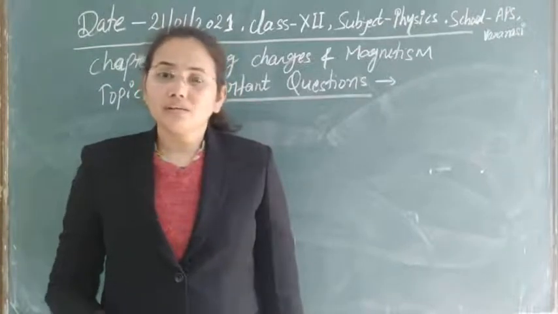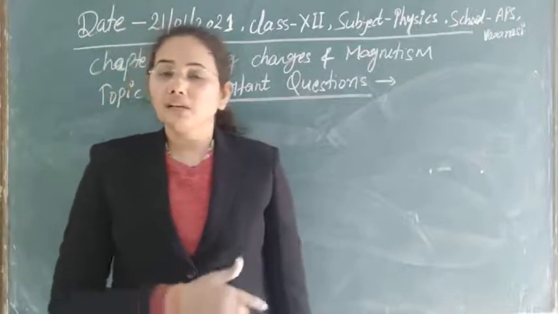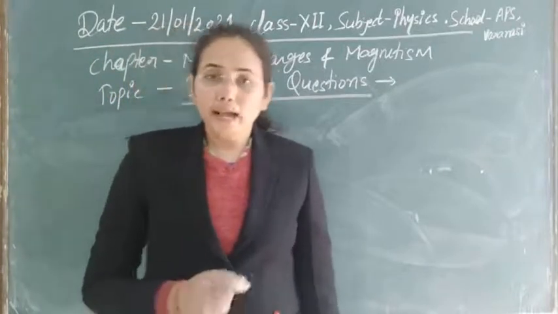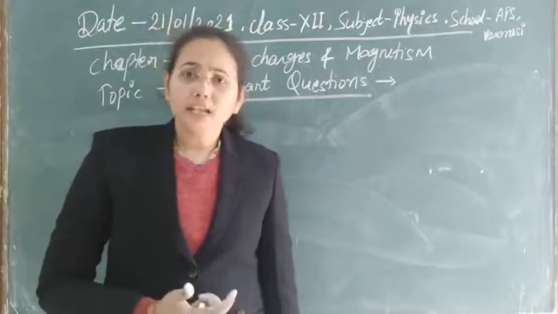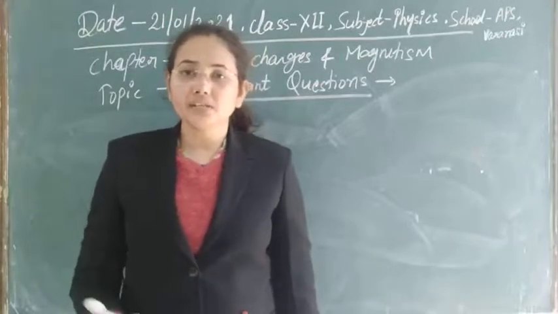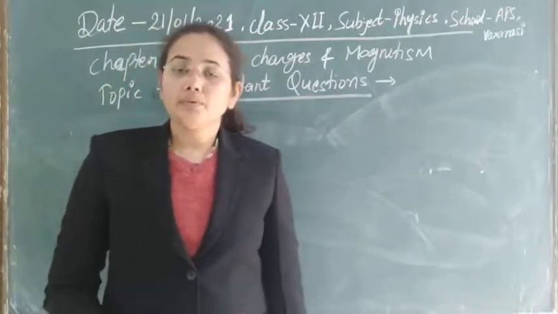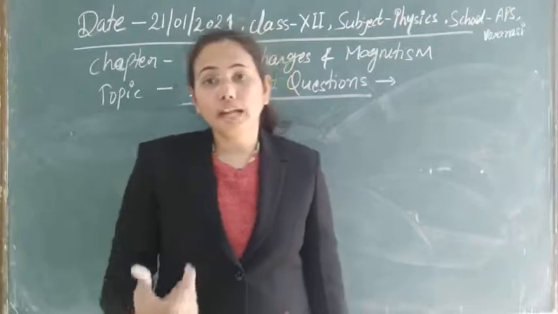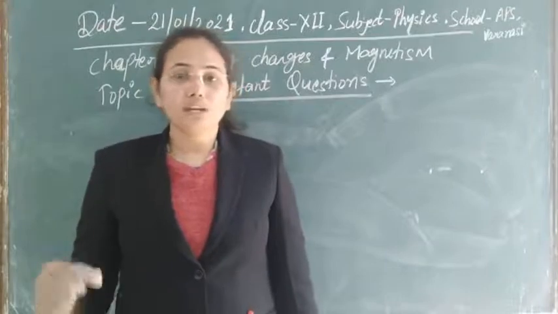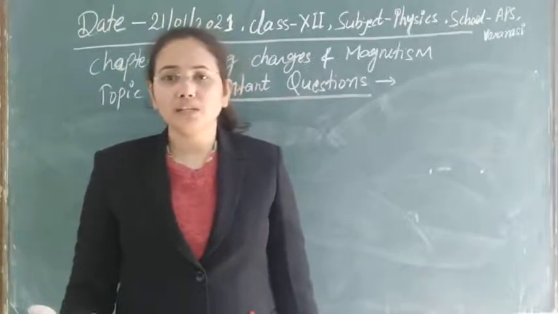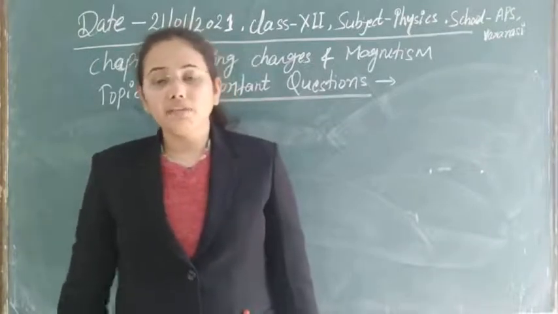Numericals are asked on this already. Derivations are not that important, as the numericals are important here. A number of questions have been asked with the help of the torque concept, and the application of torque in the galvanometer is very important. The concept of the galvanometer, the current produced in it, how to convert a galvanometer into a voltmeter and ammeter, and the construction of the galvanometer are also important.